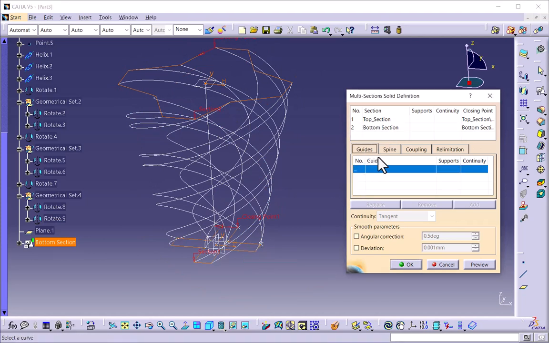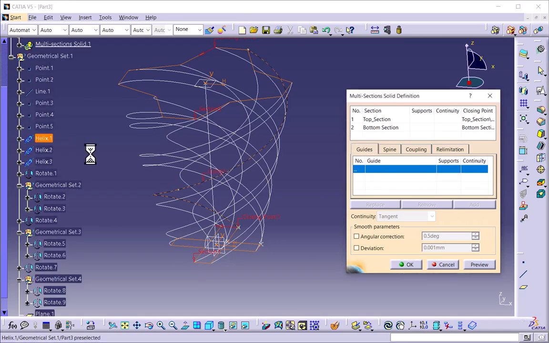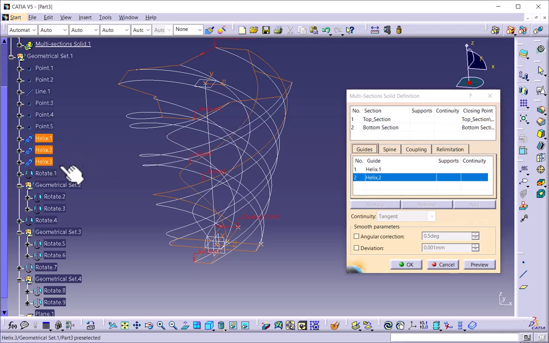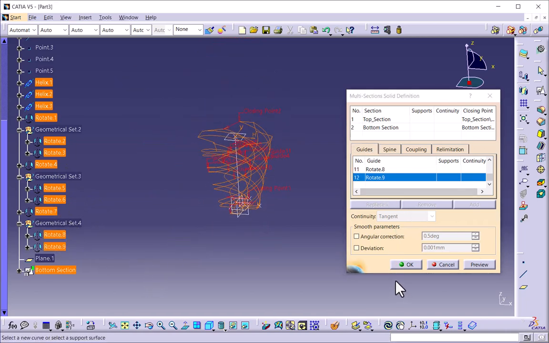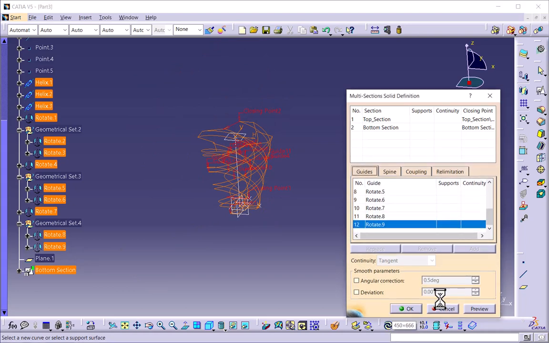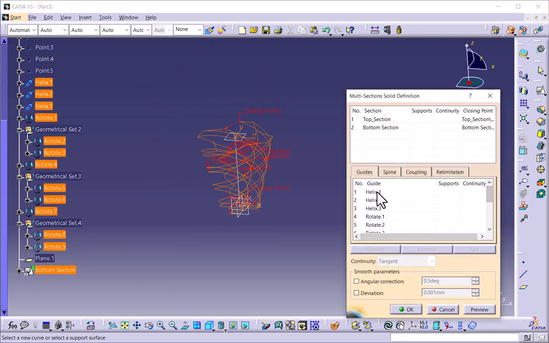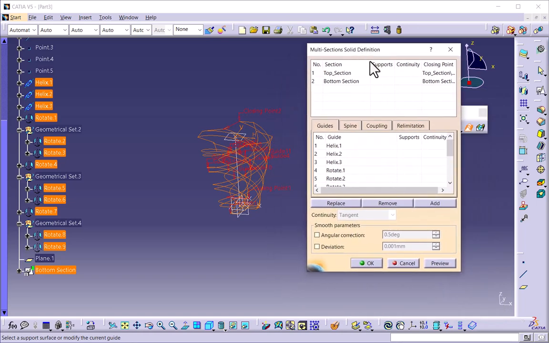Now we have to give the guides for these sections. So we will select one by one: helix 1, helix 2, helix 3, and the rotations we have done for these 3 helixes, the total 12 helixes that we have. So the list of 12 helixes is to be shown under the guides. See here, guides: helix 1, helix 2, helix 3, then rotate 1. Likewise we have created the 12 guides. Okay, so if I click on OK,